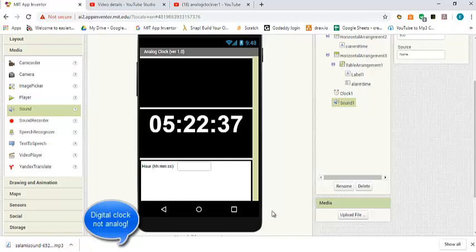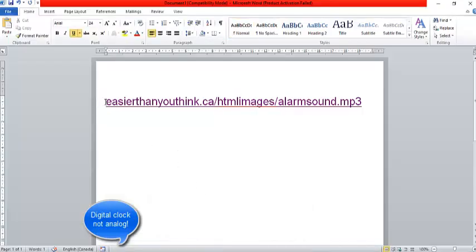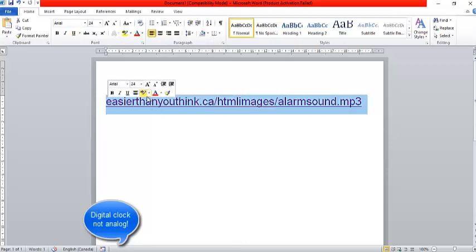To get the source, go to this site, easierthanyouthink.ca, HTML pages, images, /alarmsound.mp3. So I'm going to show you how I'm going to do it. So I copy this text,